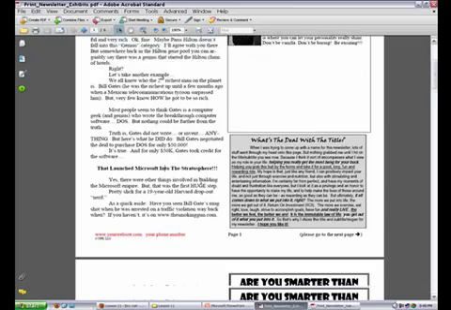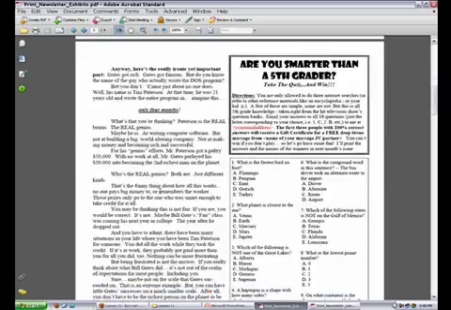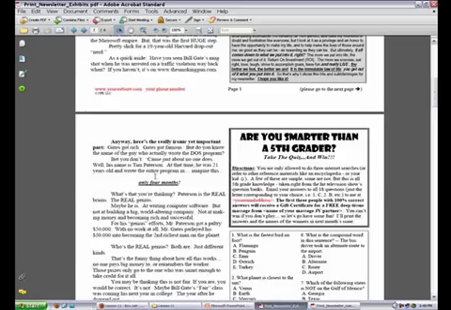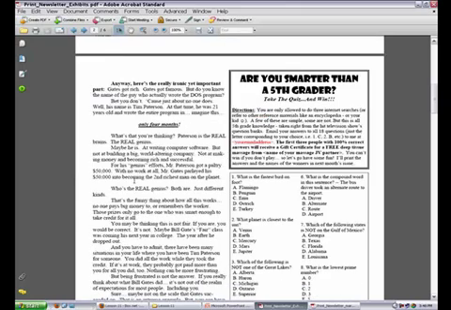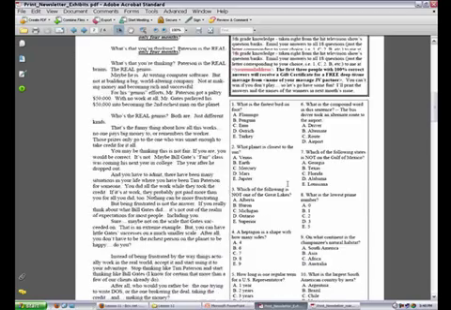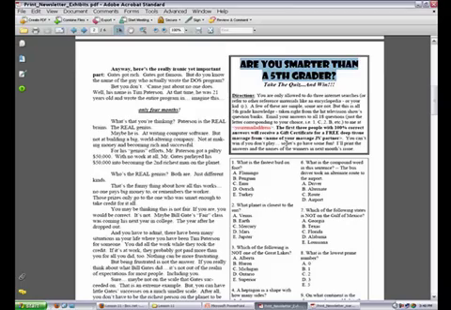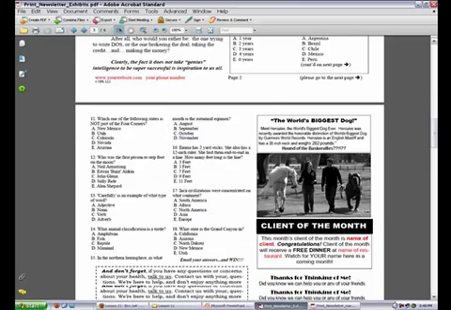Next page, again, always the website and the phone number at the bottom of these things. Is this the second page? Yeah. So the main article continues on here. We've got little engagement and response things like quizzes. Sometimes we do fitness quizzes. This is just a general quiz, leveraging Are You Smarter Than a Fifth Grader, which became a popular TV show, and using some of that stuff, which is fun.